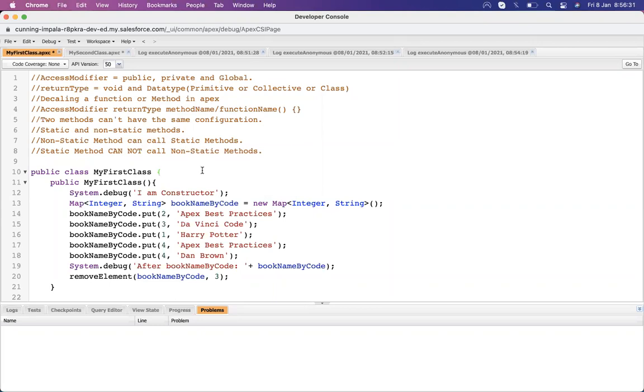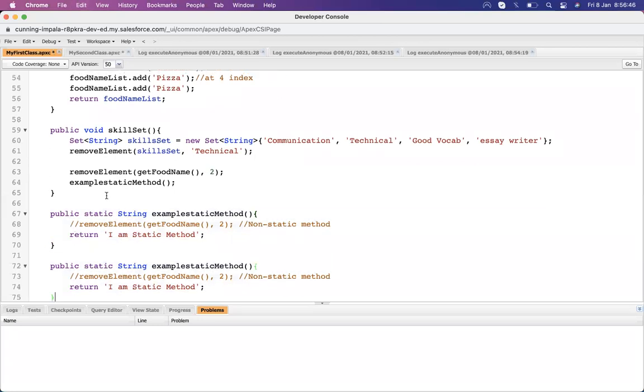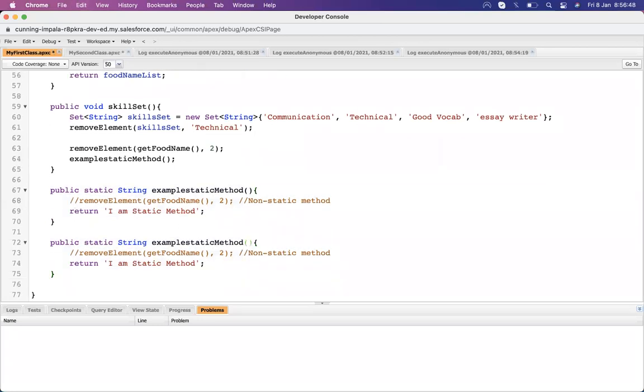That's the point: we cannot call a non-static method inside a static method. Another thing is that we can also declare a static method as a parameterized method, as you can see. String, print me. I'm doing the same thing.